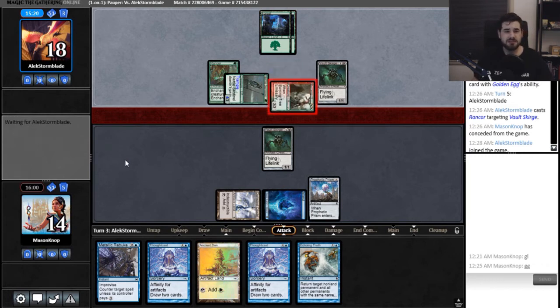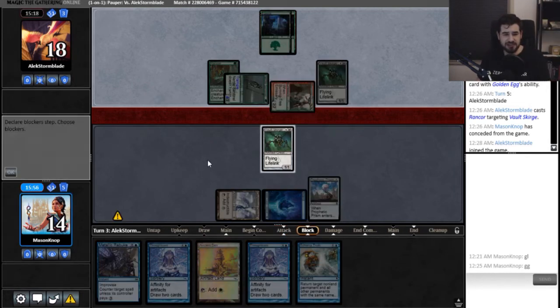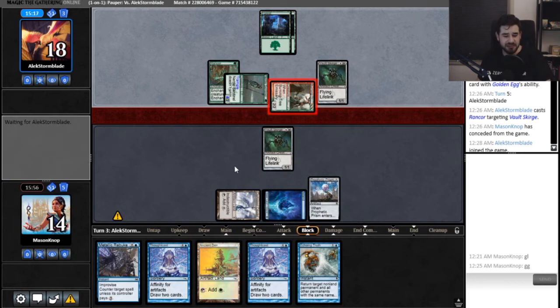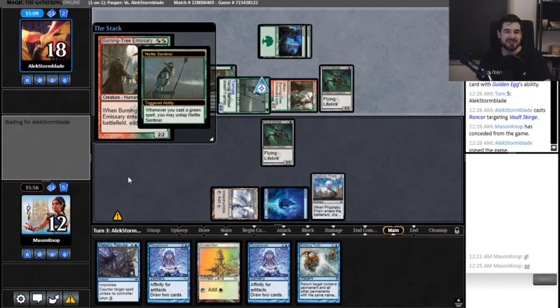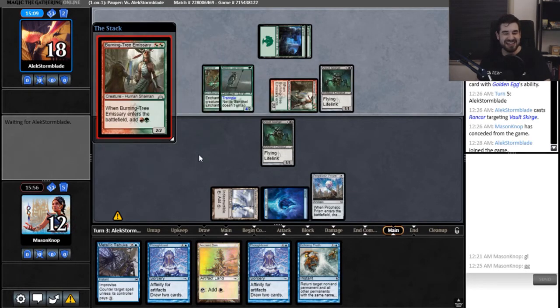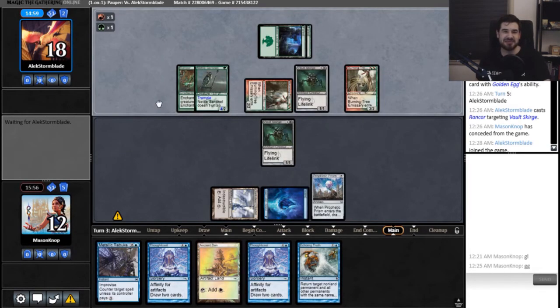Burning Tree Emissary? That's it. No, yeah, you're fine. Yeah, no, go for it. It's fine. Perfectly fine. I'm cool with that. Yeah, you do your thing. Burning Tree Emissary? Untapping Nettle Sentinel. Why not first? Do they not realize? Well, they misclicked and we misclicked, so...